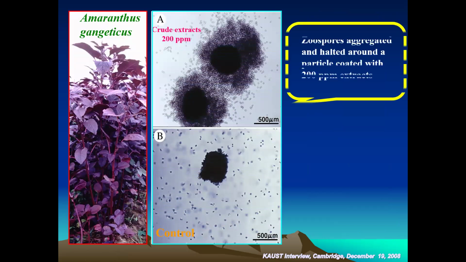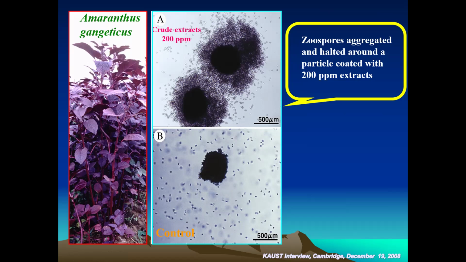And interestingly, we found that this is lal shak, red amaranth. I brought some seed from Bangladesh and cultivated it in Sapporo, a city near Siberia. And that plant grew very fast. But interestingly, this plant is fully resistant against Aphanomyces cochlioides, no damping off disease, and the pathogen cannot infect.